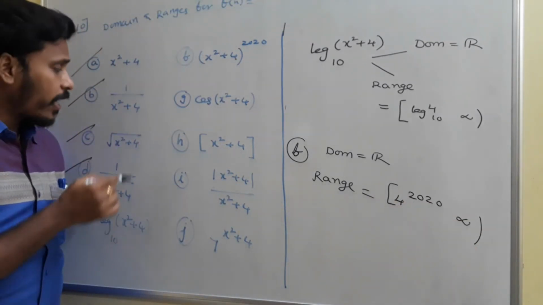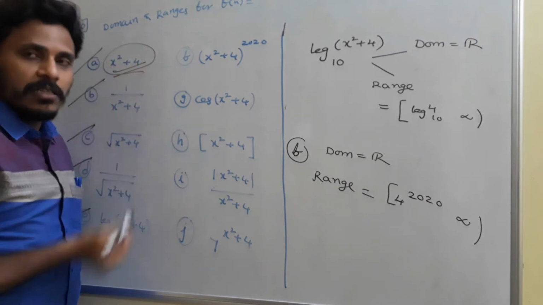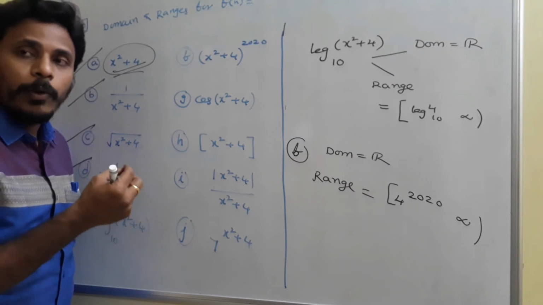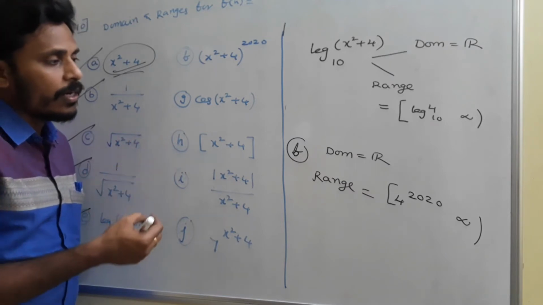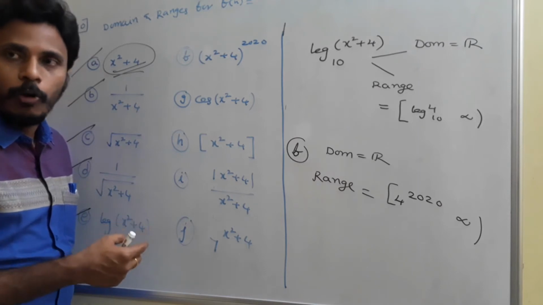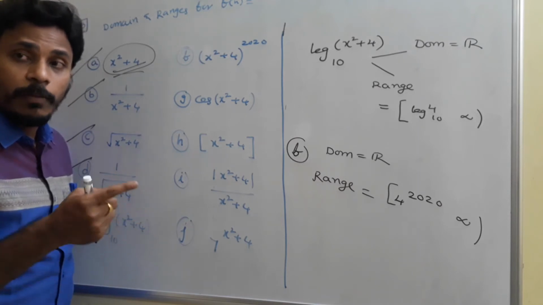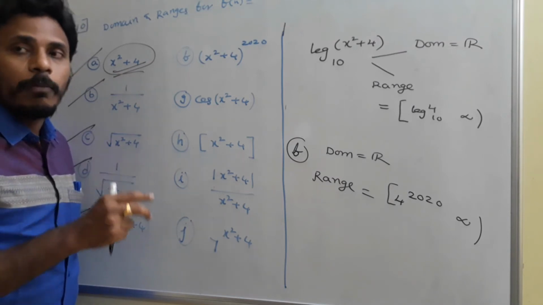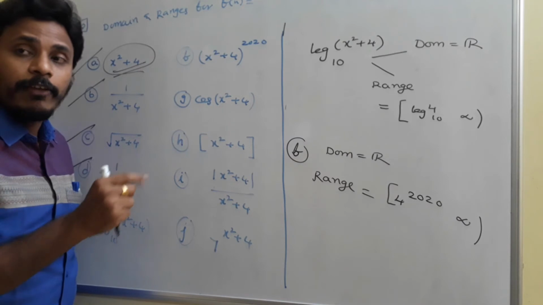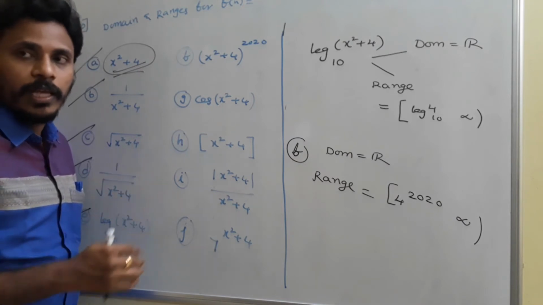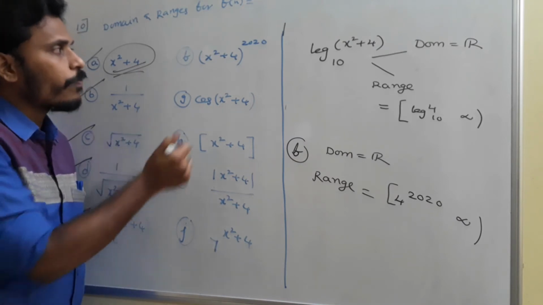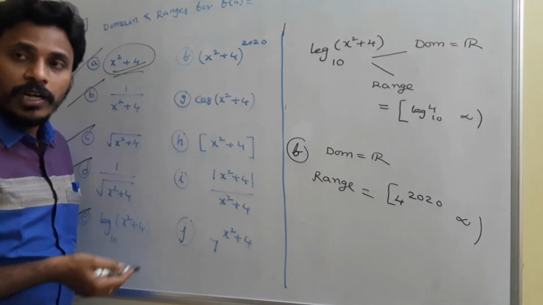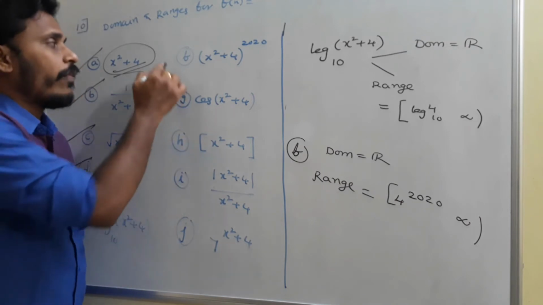Here I simply gave the basic function x square plus 4. X square plus 4 is very simple to analyze and understand. Why? Because it is always positive, and that's why we easily get the domain and the range for all the problems. But if, suppose, instead of x square plus 4 it is x square minus 4, then you will see much complication regarding this. You need to analyze different possibilities. After that I will give you that problem also. But for this, the domain is all real values and the range is the closed interval 4 power 2020 to infinity. That is this f bit.